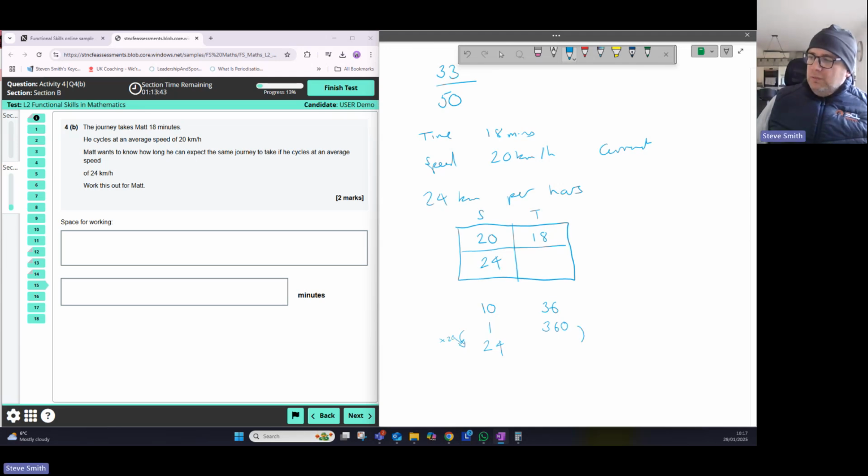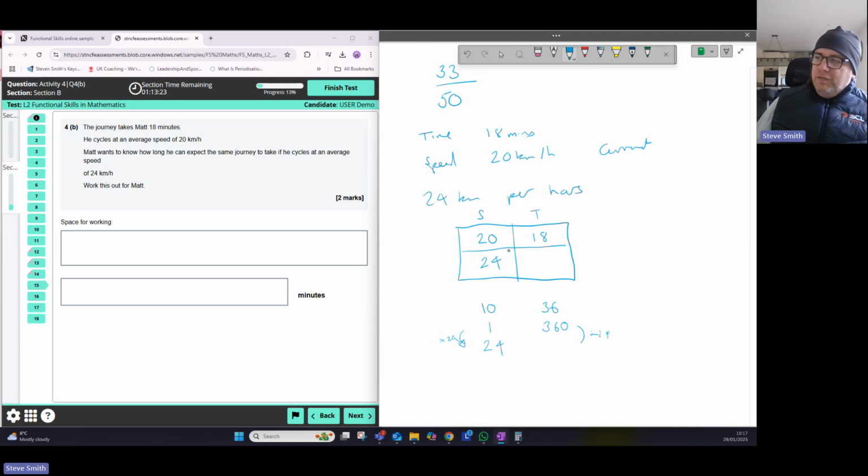We have to divide this number by 24. We found the relationship by shrinking the number first. Look, we've halved that to 10, so we have to double that. And that means we've got 10 and 36. Then we've divided that by 10 to find the 1 value,